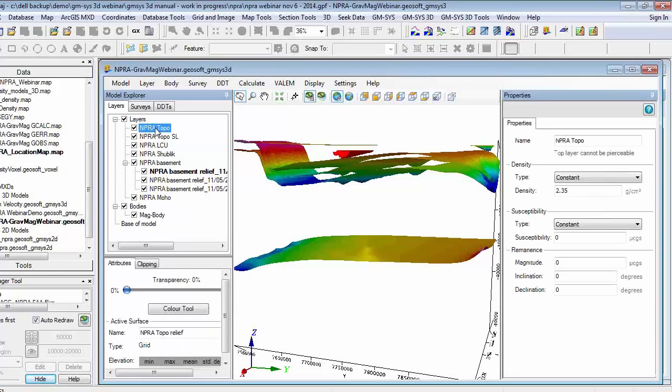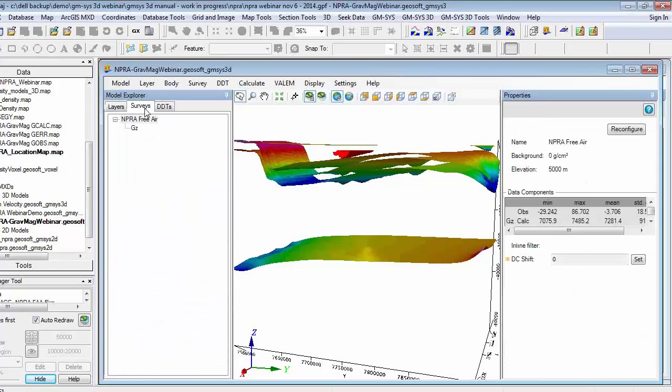So if I just click on the topography layer, for example, the topography layer here has a density that's been set for 2.35. And you can model gravity or magnetic data, and so we have those two different capabilities, but for this particular model, what I've included is a gravity survey. So this is a free air gravity survey that's been added as a survey, and you would just simply do that by going to the survey menu, gravity, and then add survey. And likewise, if you were incorporating your magnetic data, you would do the same through the Survey, Magnetic, Add Survey